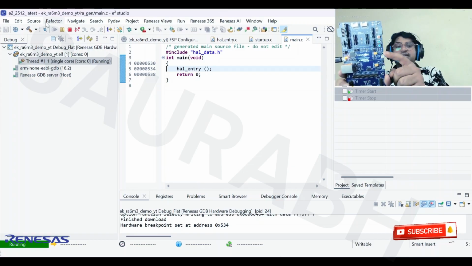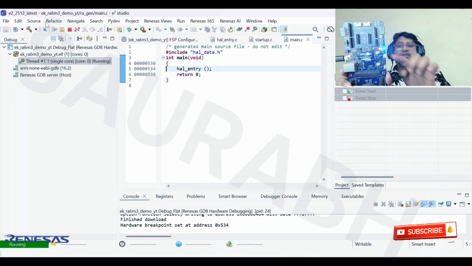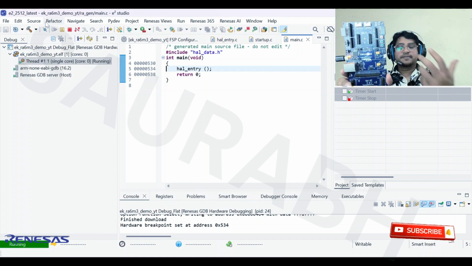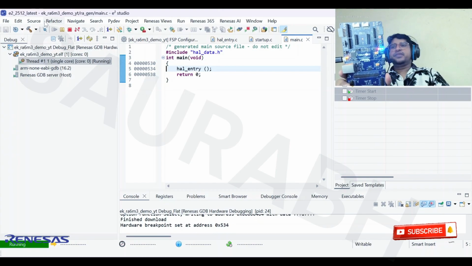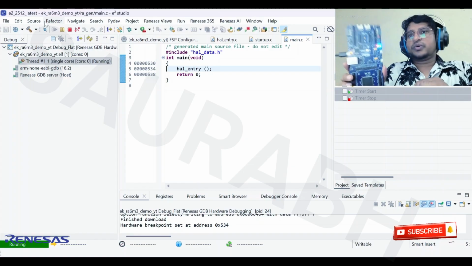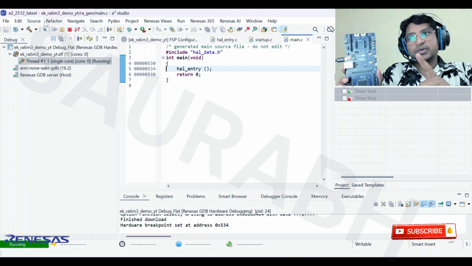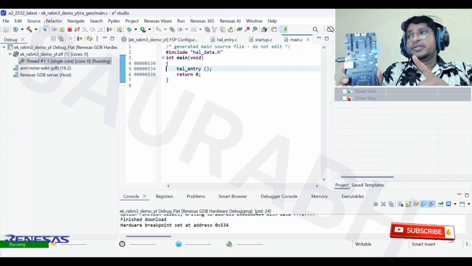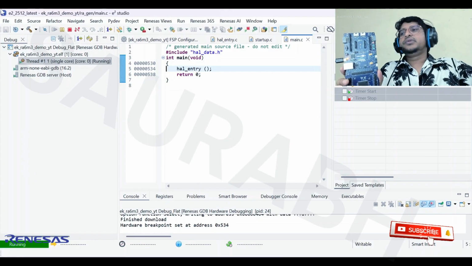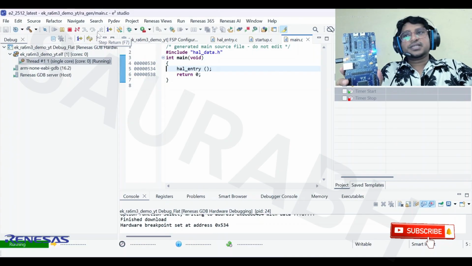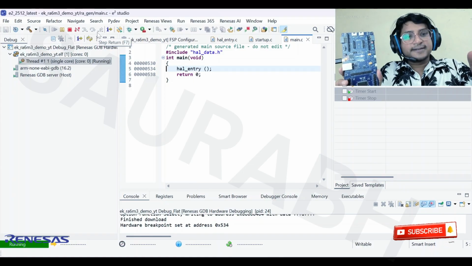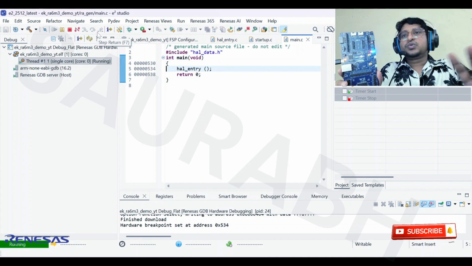Why was this pin only selected? Because after selecting this board in our software, the software itself has configured it, or some library defines those pins. So no need to worry how it found these pins. I will explain in coming videos. Once you flash this code, you need not worry about your configuration or E2 Studio setup, or that you are missing something. You have successfully installed and configured all the required software and toolchains in this system. So no need to worry.